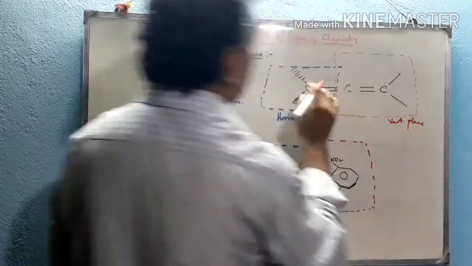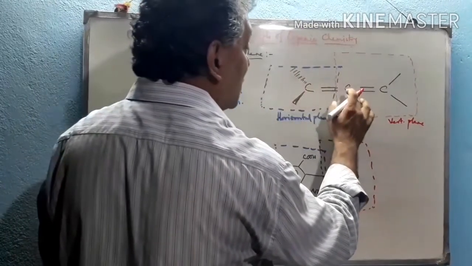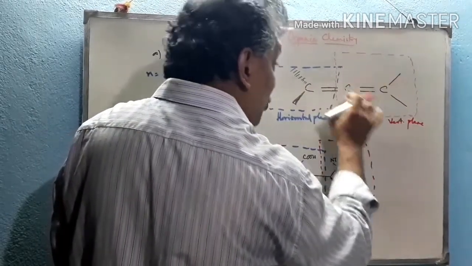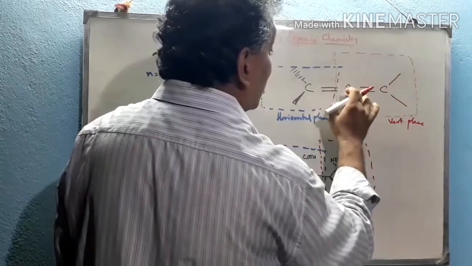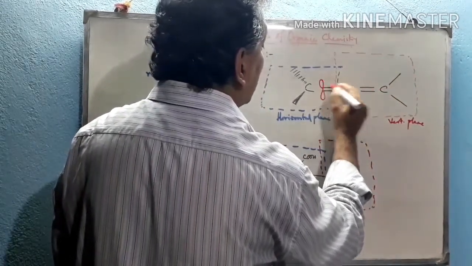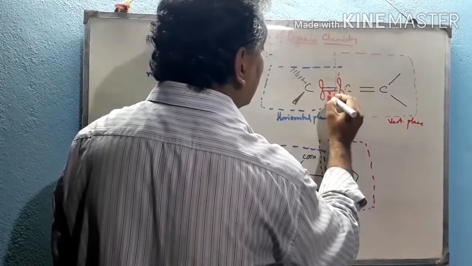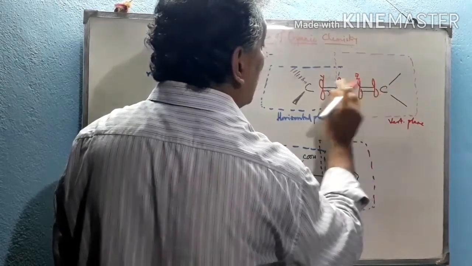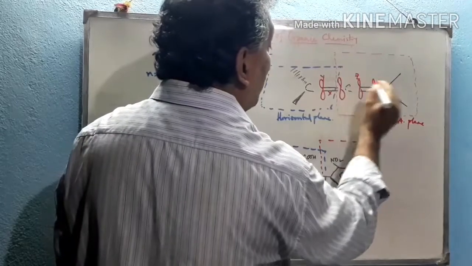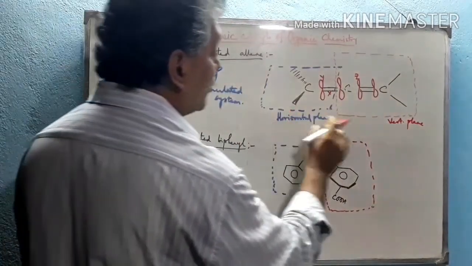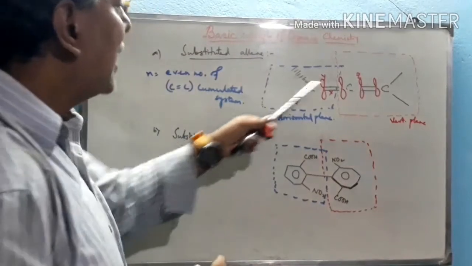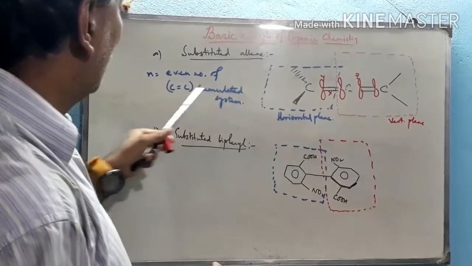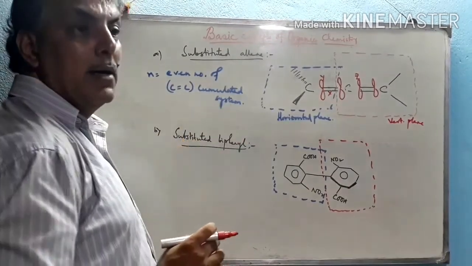See that this carbon atom is sp2 hybridized, this carbon atom is also sp2 hybridized. So these two are in the same plane, but these two are in a different plane. See these two pi bonds. Suppose this is the x axis, this will be the y axis, and these two pi bonds are in the z axis. So y and z are in different planes, perpendicular to each other, and that's why one is horizontal and another is vertical plane. If this structure is satisfied in a compound, then this structure is called the allene, and a compound containing an even number of cumulated double bonds must be optically active.